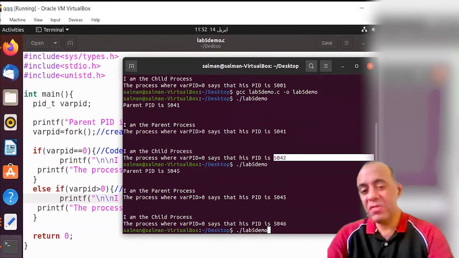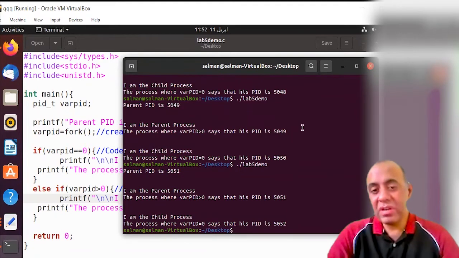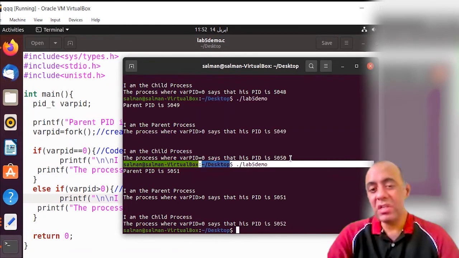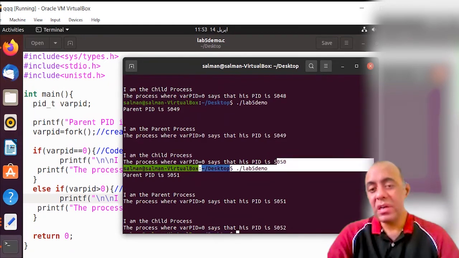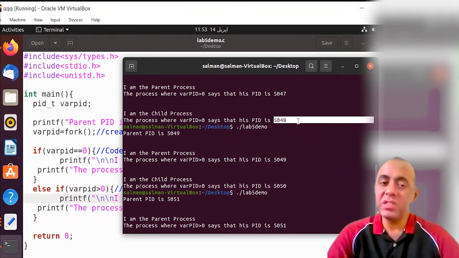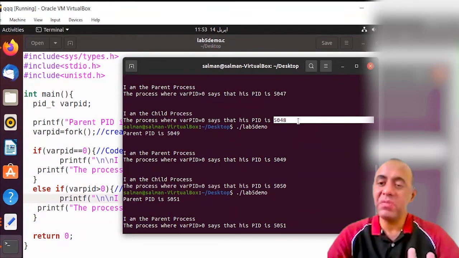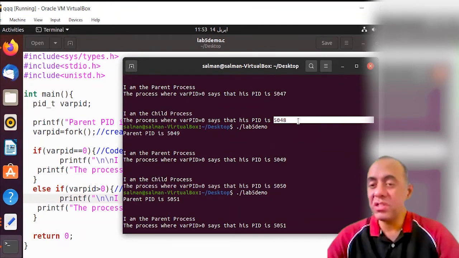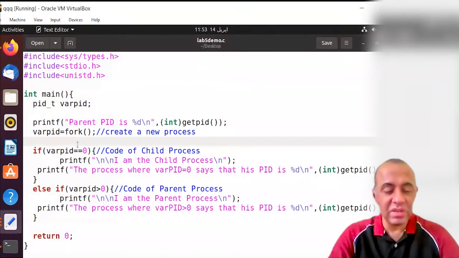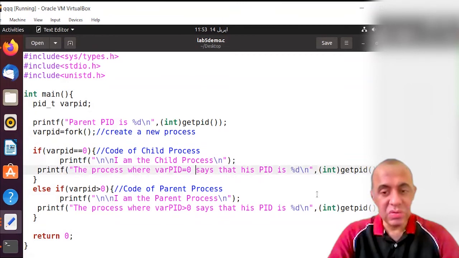So let's run this a couple of times and see whether at any point we see the same value. So we don't see that. The parent is 5051, child is 5052, parent is 5049, child is 5050, parent is 5047, child is 5048. Child will obviously be always one step ahead of parent, because parent will be created before the child process. Parent is the one who is creating the child process, right? So I won't be going into further details. I truly feel like there should be no more confusion, but if there is, I'm going to do some other things like